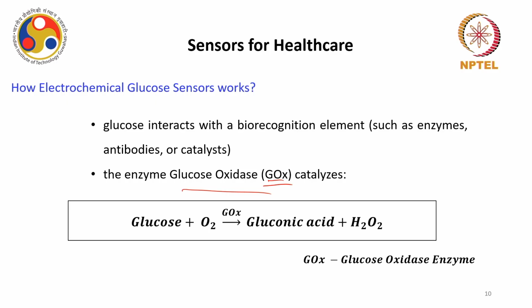It does not participate in the reaction, the oxidation of glucose, but it catalyzes the whole reaction. So, this helps in catalyzing the oxidation of glucose by oxygen to gluconic acid, and as a byproduct you have hydrogen peroxide,